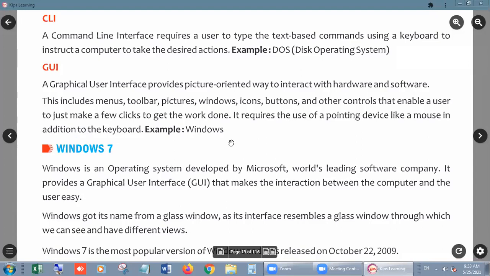It means as we can't use a mouse in CLI, but in GUI we can. At this time, we are also using Windows, beta. In this, look, I am moving a mouse and you can see the movement of the mouse cursor or mouse arrow, or mouse pointer. It has three names: mouse cursor, mouse pointer, and mouse arrow, right?